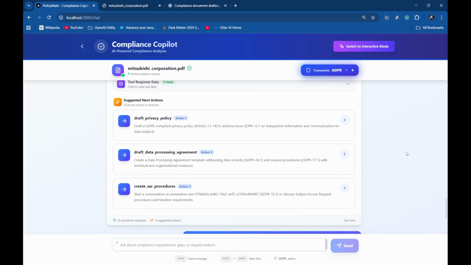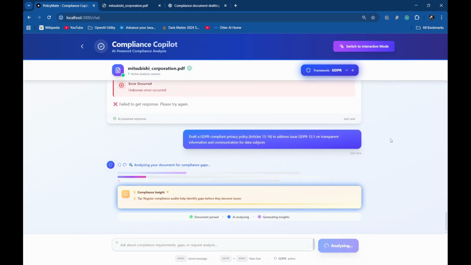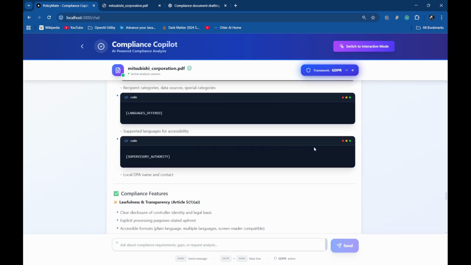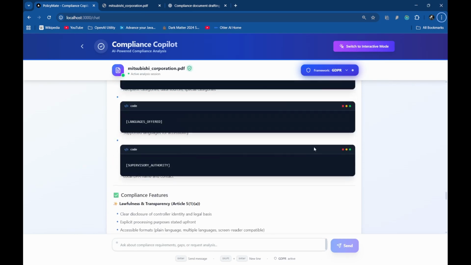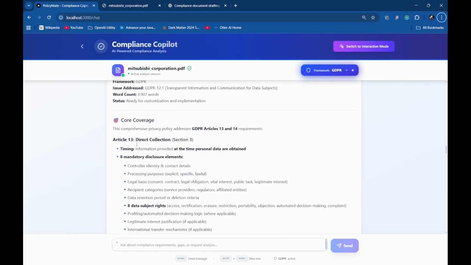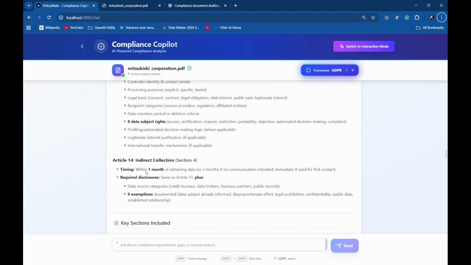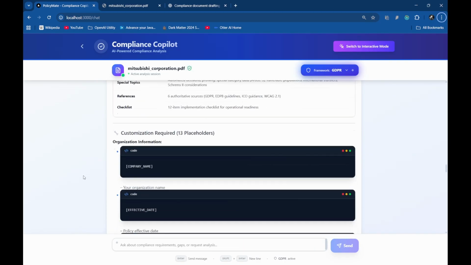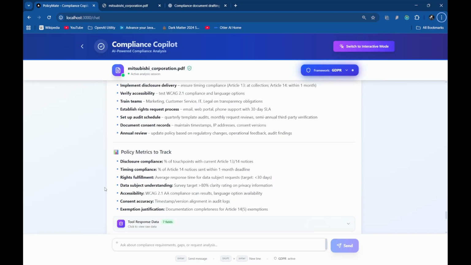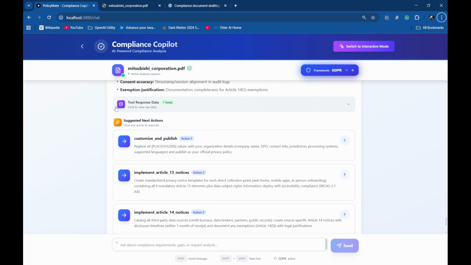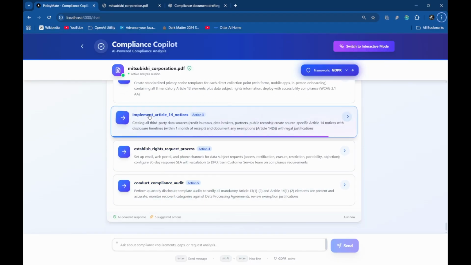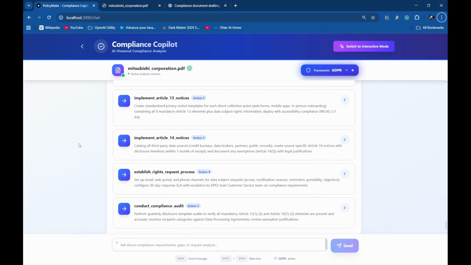Okay, sometimes it does fail. Let me try again. Okay, so after a long process, this is what we get. This is the type, framework, issues addressed, overall word count, and what the mandatory fields, articles, and everything are. And this is the summary, and then these are the placeholders that can be updated. So using this, we can actually implement and test things out, like how the review should be, the end-to-end process and everything. And then we can have some other further actions that could be taken. So that was all about the chat window.